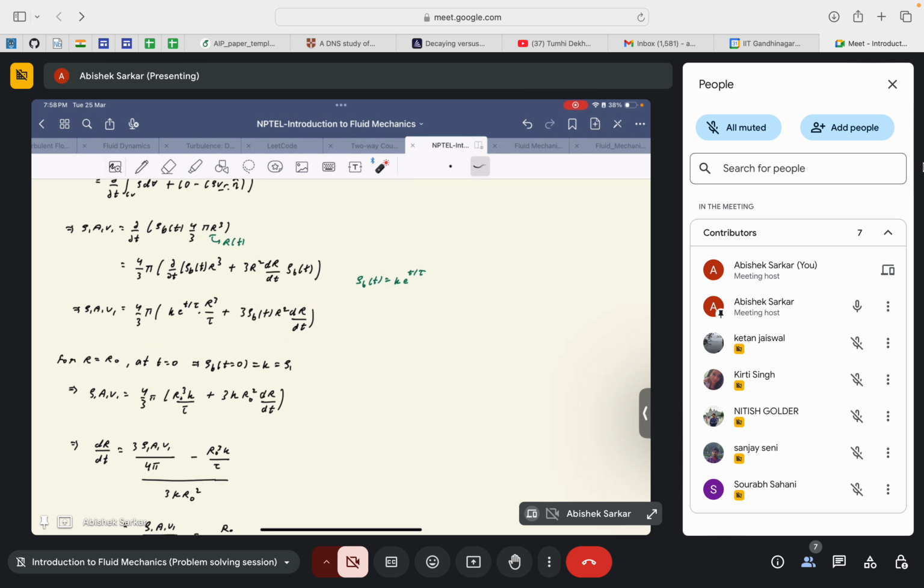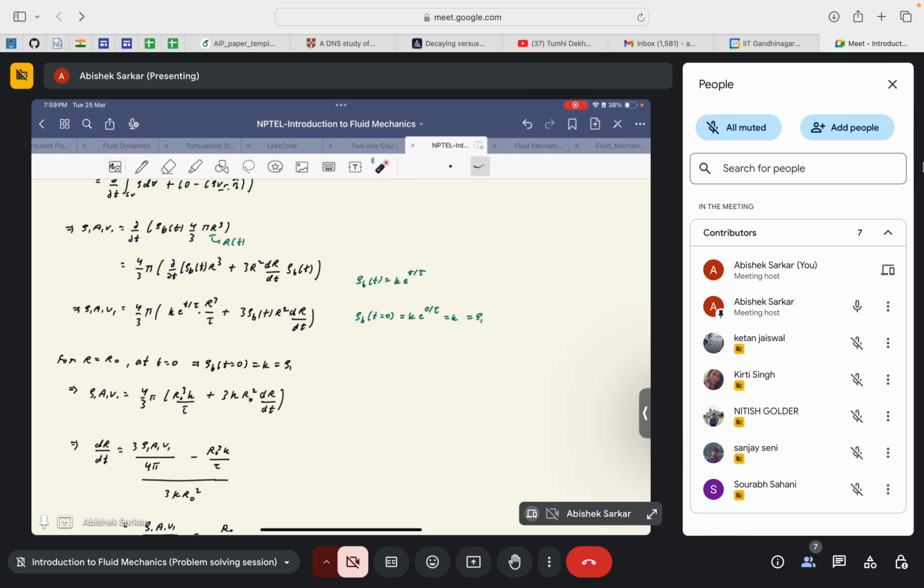We know that at t equal to 0, r is equal to r₀, and ρ_b at t equal to 0 is ρ₁, which is equal to k. How? You can see here: ρ_b at t equal to 0 would be k times e^(0/τ), which is 0, and e to the 0 is 1, so it is equal to k, that is ρ₁, the initial air density. Then ρ₁ A₁ V₁ is equal to 4/3 π,